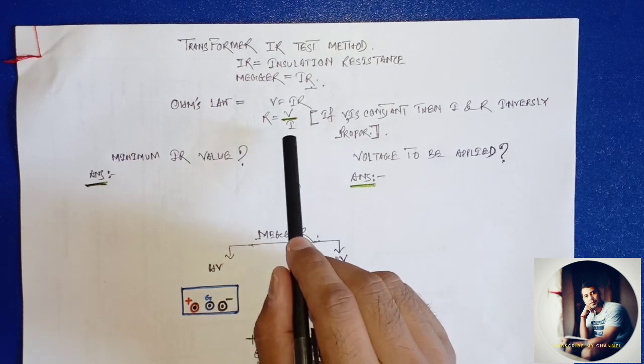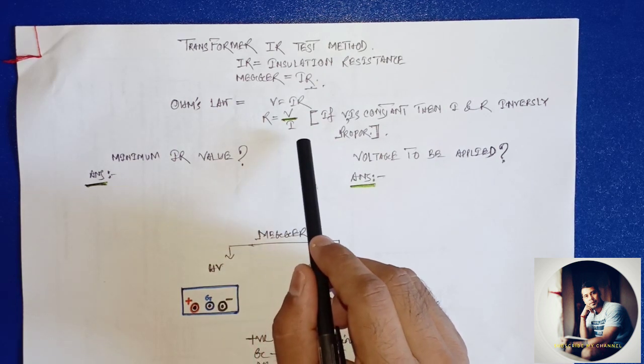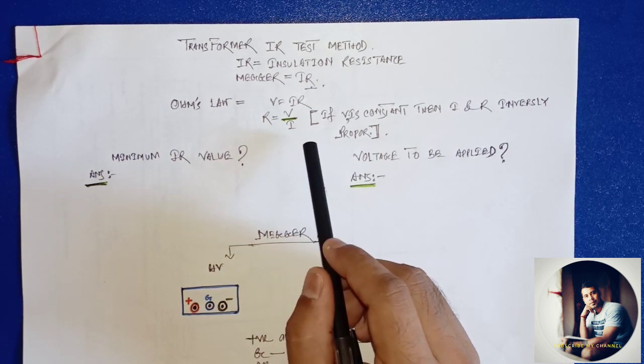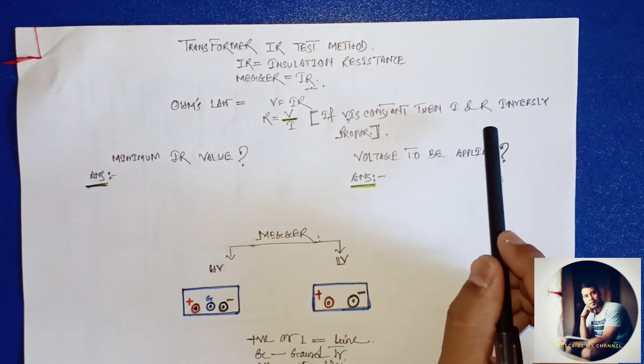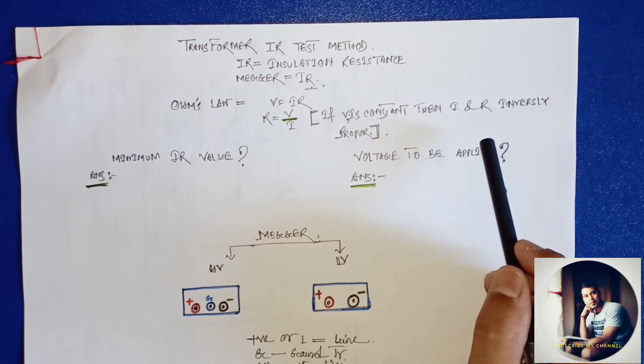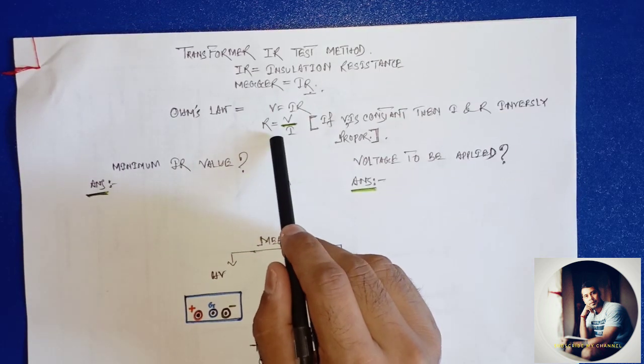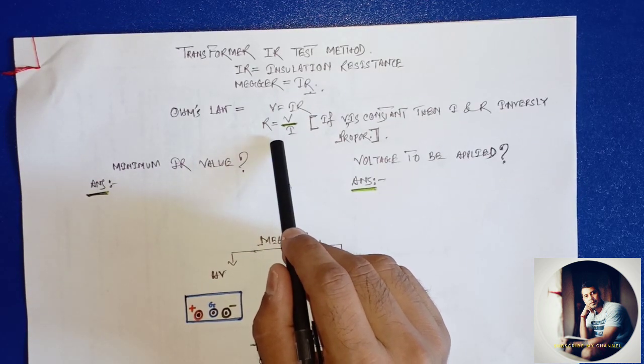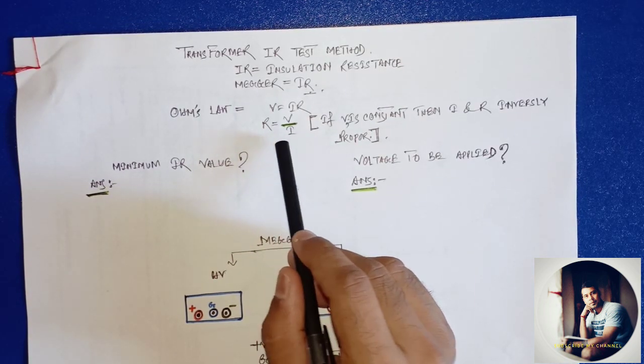If insulation resistance is poor, then current will flow through the circuit, and it simply tells you that insulation resistance is poor and the system is not healthy at all. In case insulation resistance is high, it means your system is very healthy. There is no leakage point in the circuit.